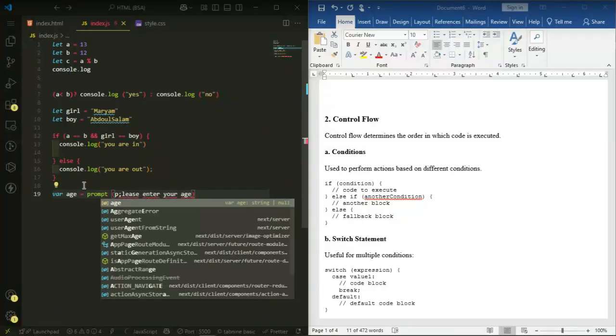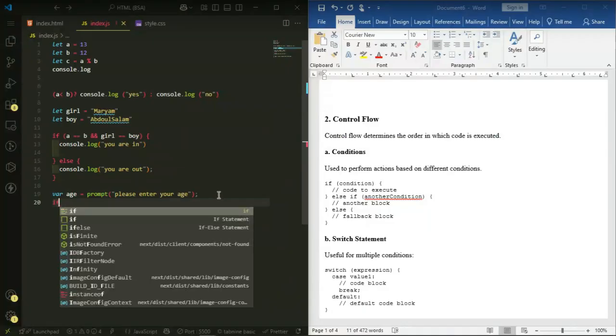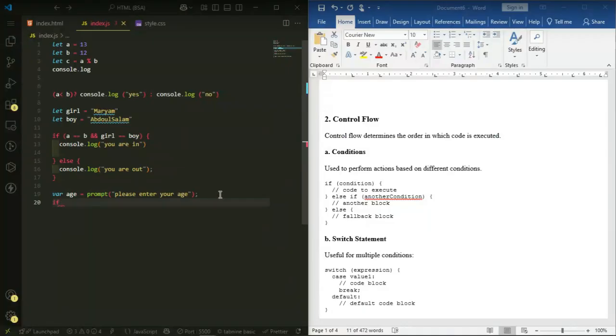The text is going to be in quotation marks. Please enter your age. Now, if age